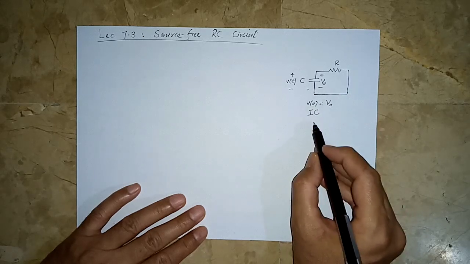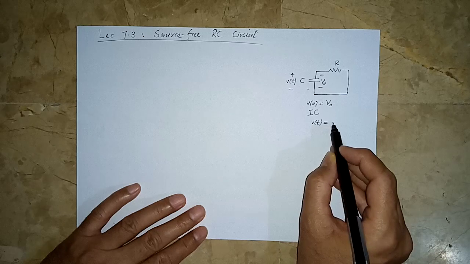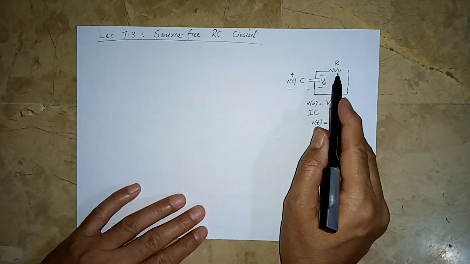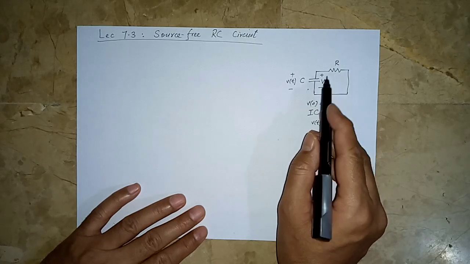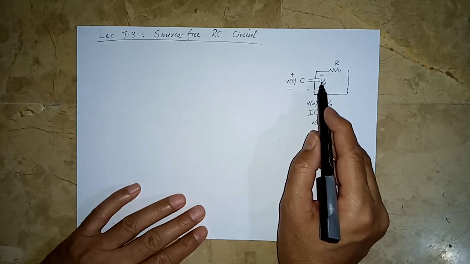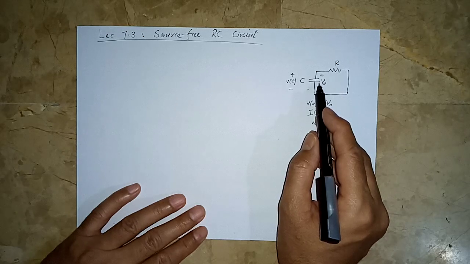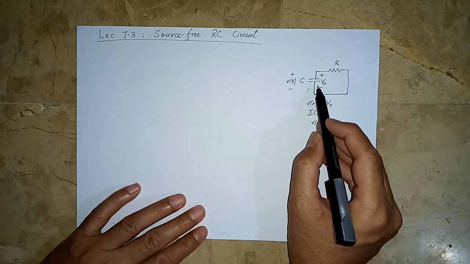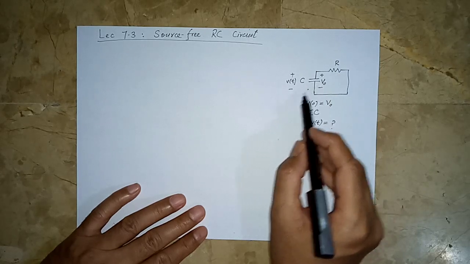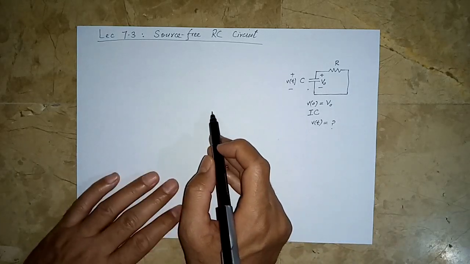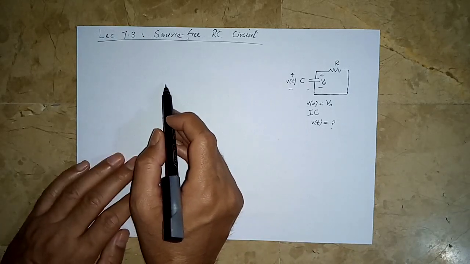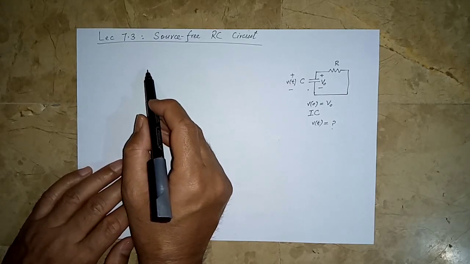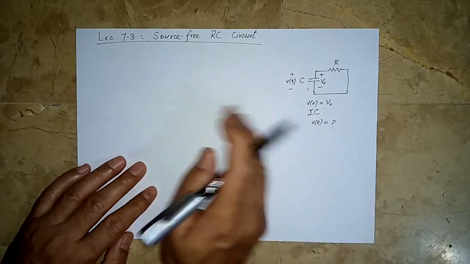Let us try to find the general expression for Vt. We know the capacitor is going to release energy. It is going to be dissipated in this resistor, and the voltage is going to decrease, ultimately releasing all its energy, and then the voltage across the capacitor would become zero. So let us try to find the natural response or the transient response of this capacitor. That is, let us try to find the expression for V now in this case. So how do we begin?